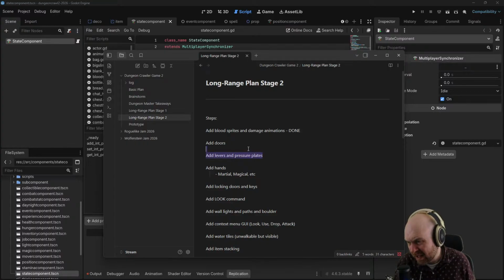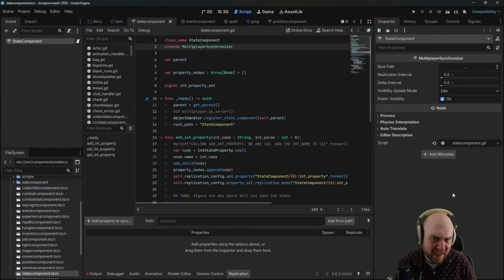But I would also like to get levers and pressure plates done today, if at all possible. At least get that started. And then I think that the rest of the week is not going to be game dev, but I'm going to be doing